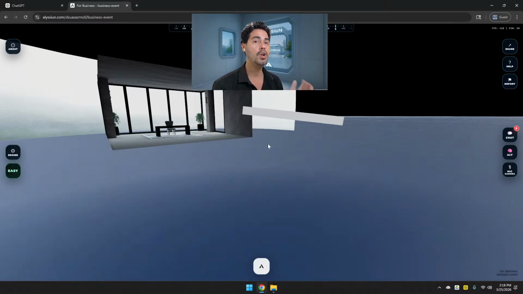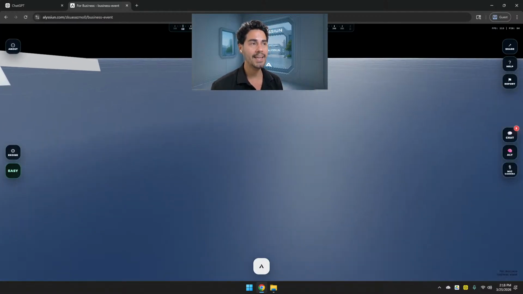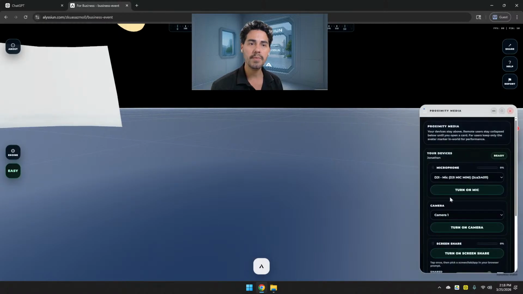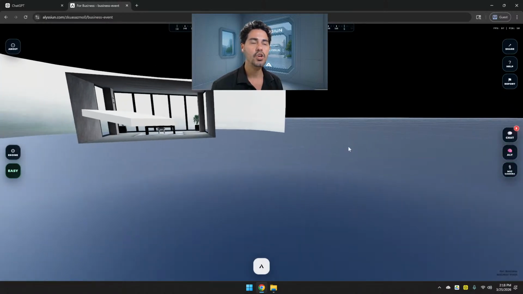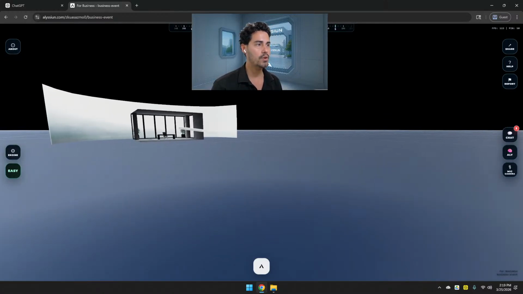But when you are not in the phone, you are in the space, and you turn the microphone on right here. You can talk with anybody, but you need to be close to them. That is called proximity chat technology, right? Proximity chat voice call. Proximity chat allows you to hear the person only when you are close. So you go far away, you don't hear.